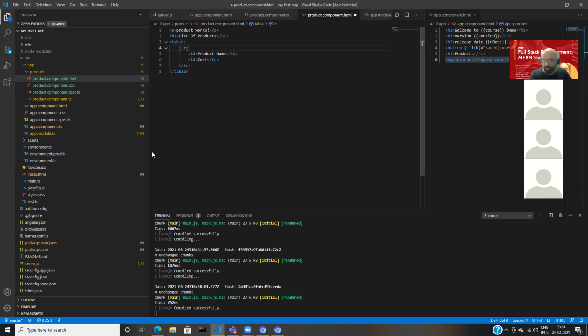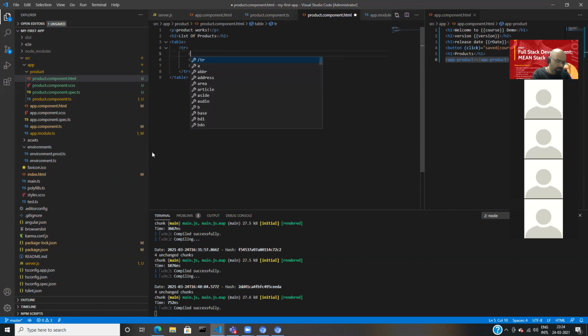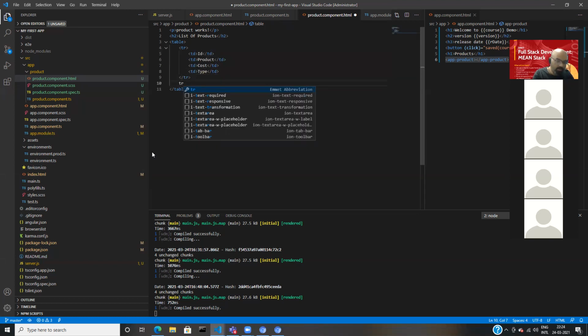First is ID, second is product, third is the cost, and fourth is its type. So this is the heading. The second row is the one.